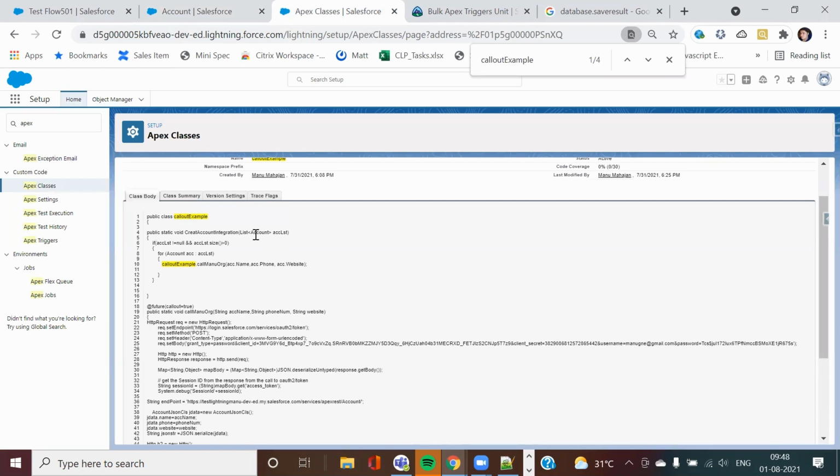One thing to note here is you could say, Manu, you could have passed an account list here also in future. Future has certain limitations. In a future method, it's always an async process. This operation I didn't need to be done immediately. What I want is that whenever my resources are available, only then does this integration callout happen.